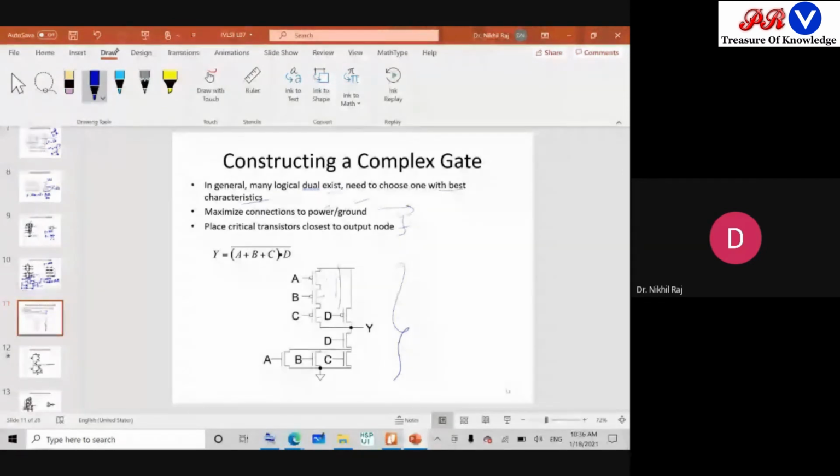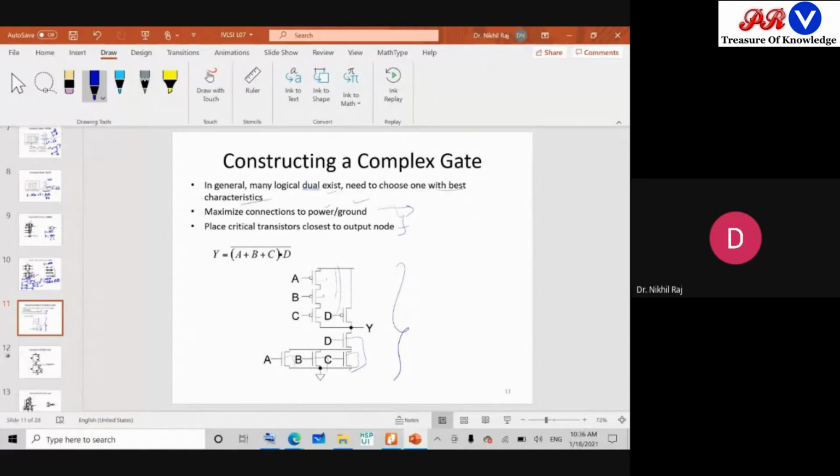First of all, we have to switch off those diodes; reverse bias diodes we have to maintain. And similarly for the NMOS, all are connected to the ground. This is the substrate terminal. So when it is closest to the power or closest to the ground, then connections are easy to make.